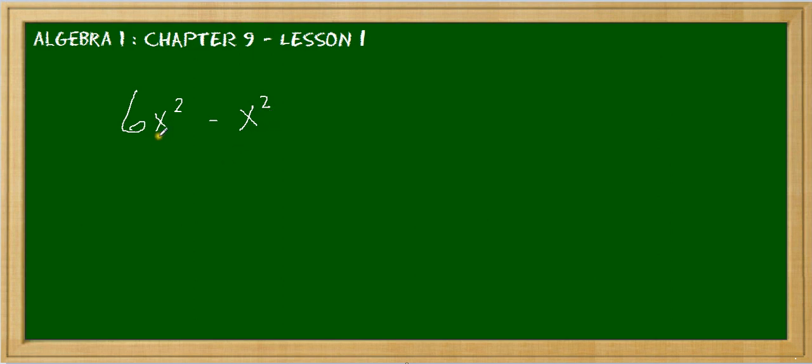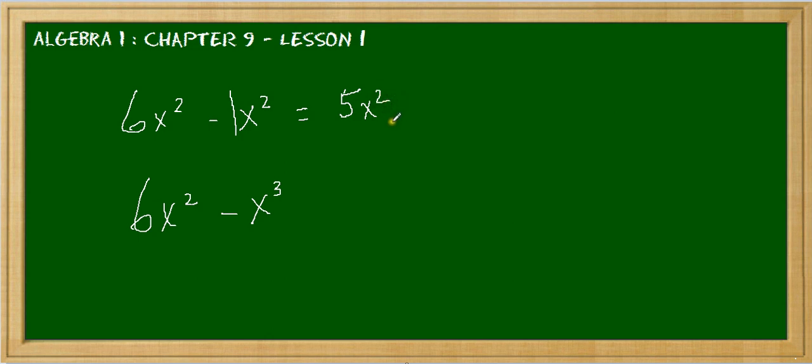As long as they have the same degree and they're the same variable, that means they're both apples. Had this been written as 6x squared minus x to the third power, then I would tell you we have apples and oranges here. We do not have two terms that can actually be simplified. In this case, we can simplify, because as we've learned, we can subtract the 1, which is hidden in there, from the 6, and we end up with